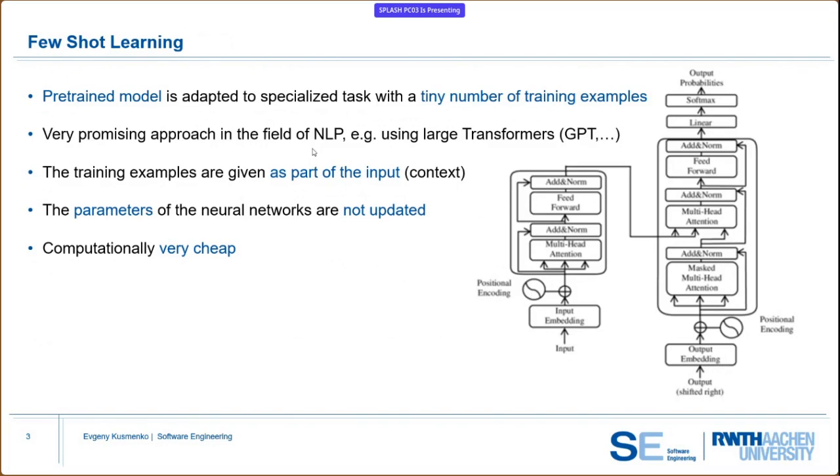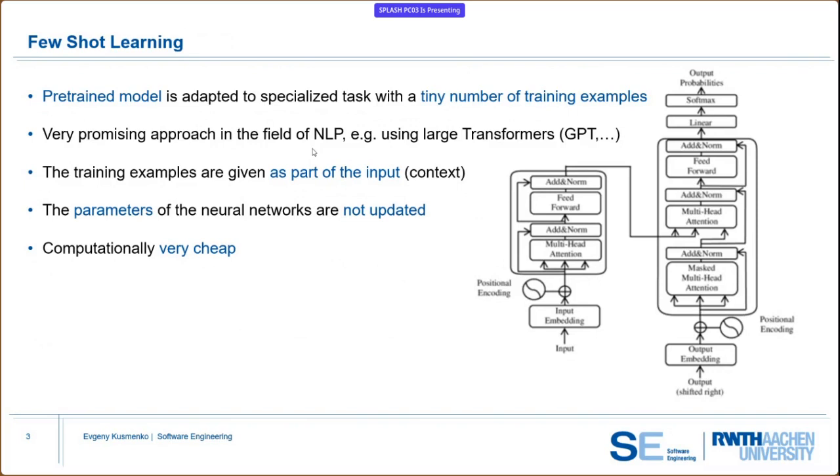And this approach has been shown to work very well with large NLP models, such as the GPT, in recent years, because these models are very general. They are trained to take an input text sequence and to output a continuation of this sequence. So the idea in this case is that we would give some examples of how the translation should look for our purpose, and would hope that the output of such a model would be the correct translation for a new example.